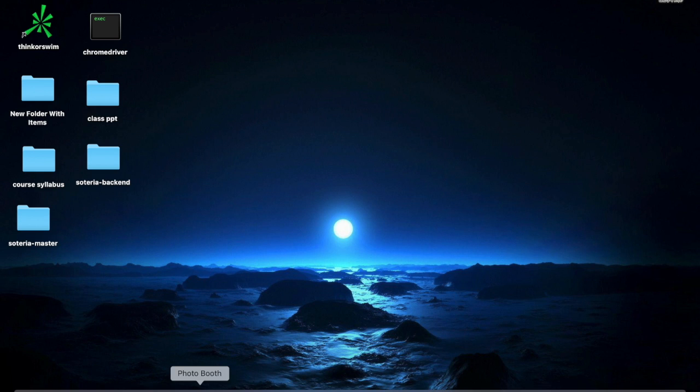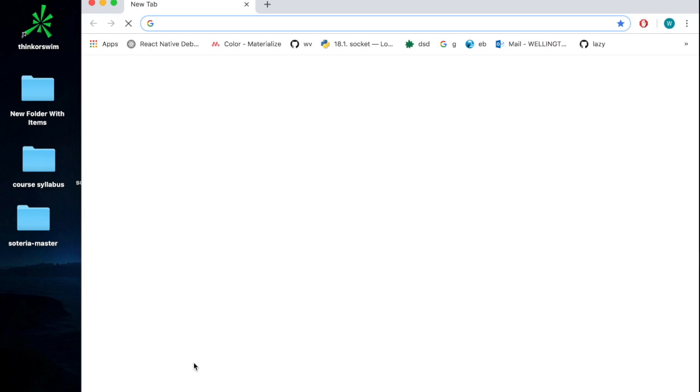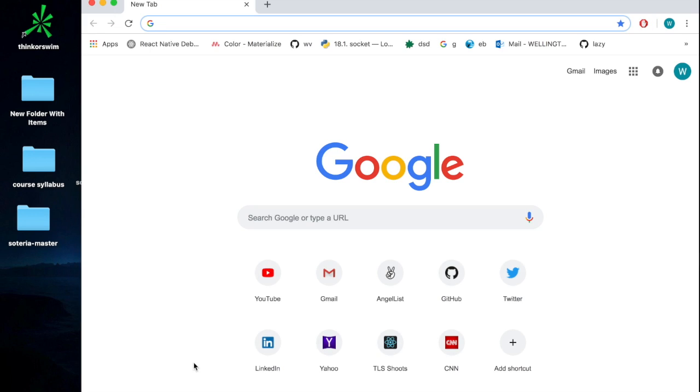Today we'll be walking through how to add an ad blocker to your Chrome browser. What we will be doing is adding a Chrome extension. It's going to allow you to browse the internet and most ads won't be able to pop up when you go to your favorite websites. I already have it installed, so first I'll show you what it looks like and how